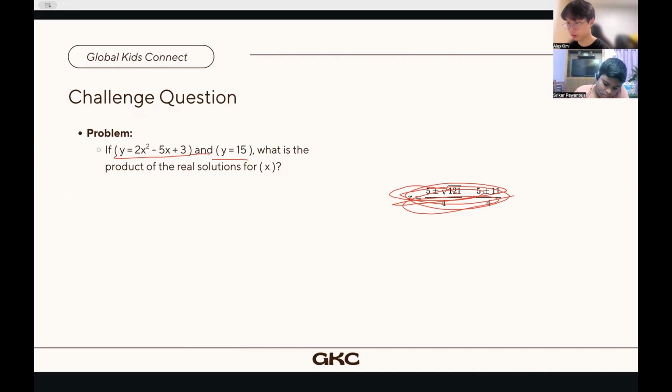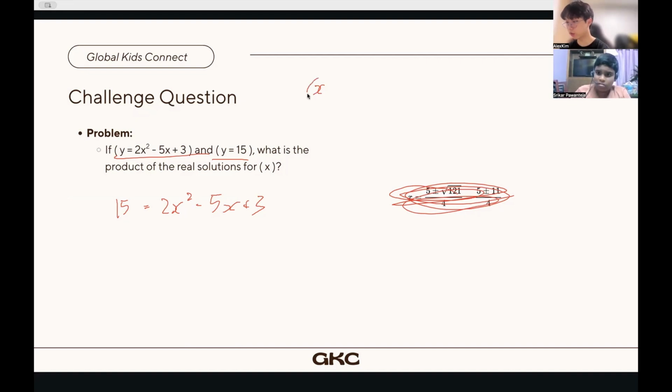So first of all, because we have a situation where y must equal 15, we set y as 15 for now. So 15 will equal 2x squared minus 5x plus 3. And so the question now asks for the product of the real solutions. If you remember, there are multiple ways to solve this. You can either find the solutions individually and then multiply them together, or if you remember our